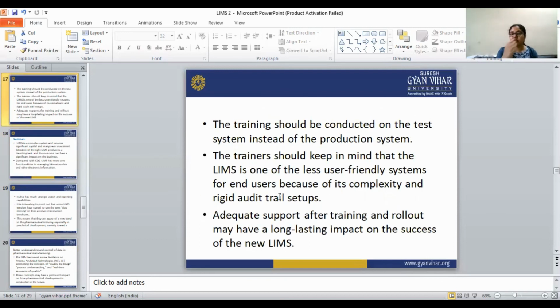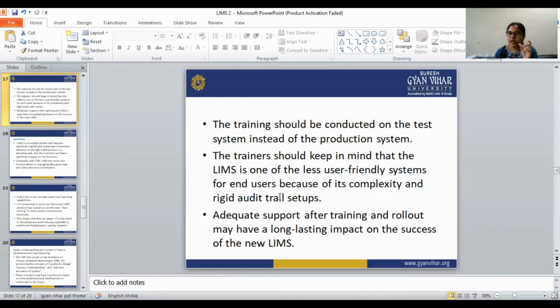At the time of the implementation, the vendor and the customer have to plan together. From the customer side, they have to tell all the expectations of their LIMS to the particular vendor, and the vendor, after compilation and analysis, must make sure that from both sides the mistake shouldn't happen. If any mistake happens in the planning stage, that is very costly in the end.